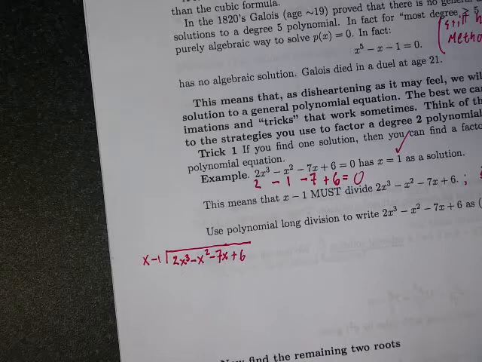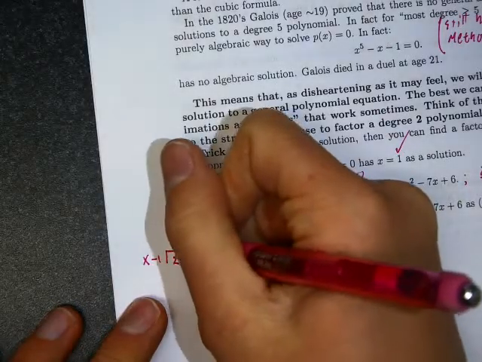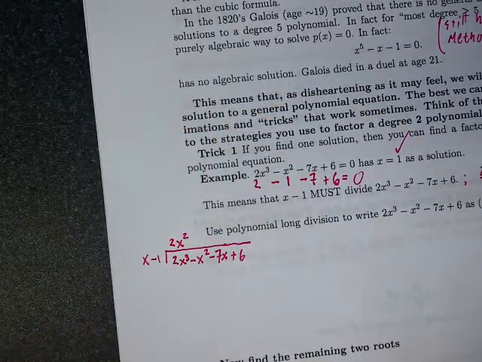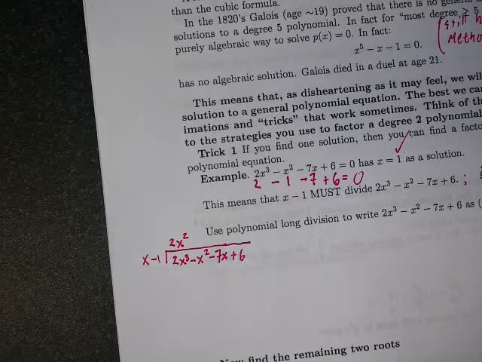So I'm going to do this and talk through what polynomial long division is at the same time as doing it. In order to do polynomial long division, I'm going to look at the biggest term in the divisor and the numerator. What do you need to multiply that x by to get 2x cubed? 2x squared. So that says that the first term in whatever this quotient is will have to be 2x squared. But 2x cubed minus x squared minus 7x plus 6 divided by x minus 1, there's no way that that's actually equal to just 2x squared.